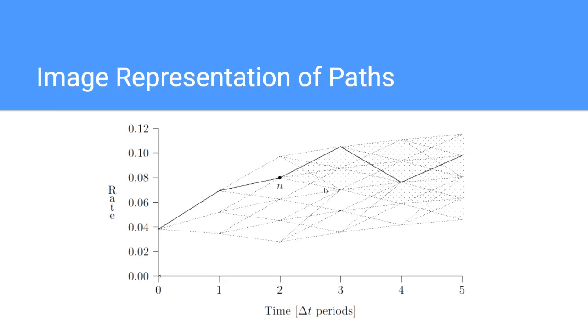Okay, so we start at time 0, and we end up at time 1, 2, 3, 4, 5 as shown in the graph. At time 0, we start at a little less than 0.04, and we start to move forward. As represented and talked about previously, each